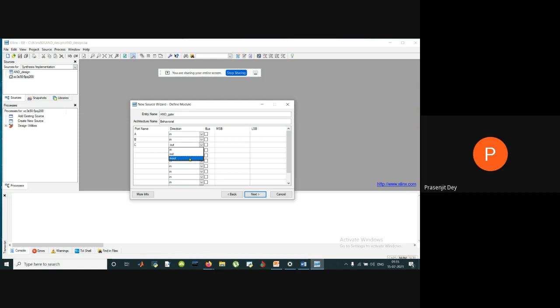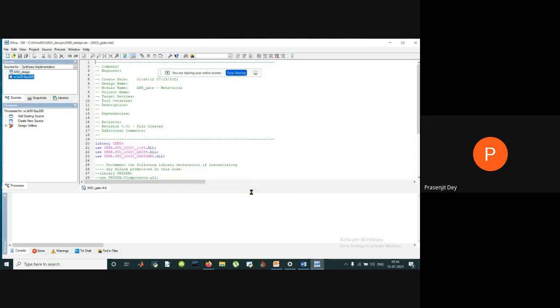This direction is used when a port acts as the input of the next module or gate, or as the output of the previous module or gate. So in this example, C is the output direction only. So select out, and after that click on the next button, finish.